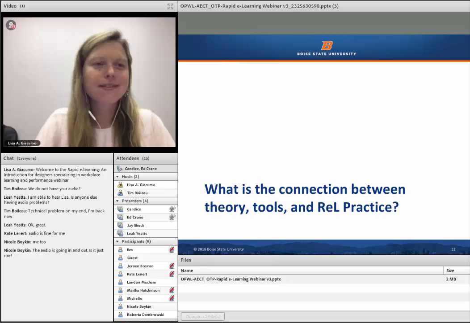So I literally have some of the theory and the research that I've saved from Dr. Giacomo's course. It's on my desk, and I don't even put it inside the filing cabinet. It's on top of the desk because that's how often I refer to that to make sure that I'm following those principles to make what I'm doing the highest quality possible. Thanks. Jay?